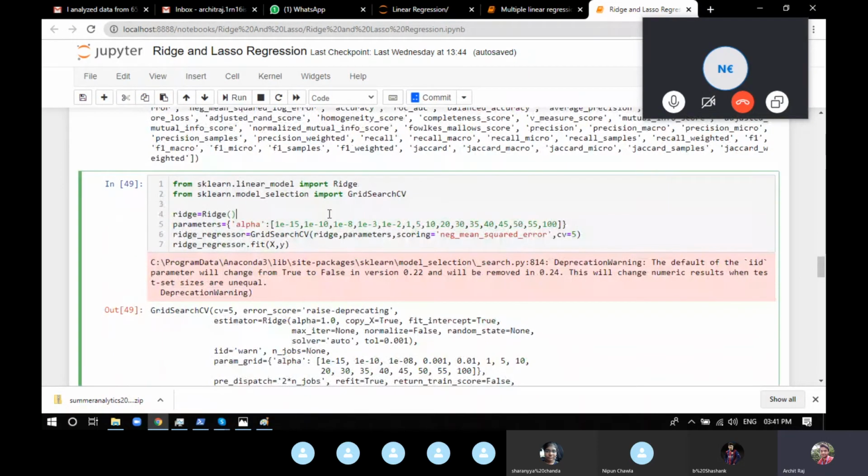So now we're going to do what? Ridge and lasso. Before ridge and lasso, I'll just explain grid search CV. Grid search CV is a function which is used for hyperparameter tuning. Hyperparameter tuning, as I told you, is where you just change the numbers a little bit. The independent numbers, which are not at all related to the data set, you change the values to make your model more accurate.